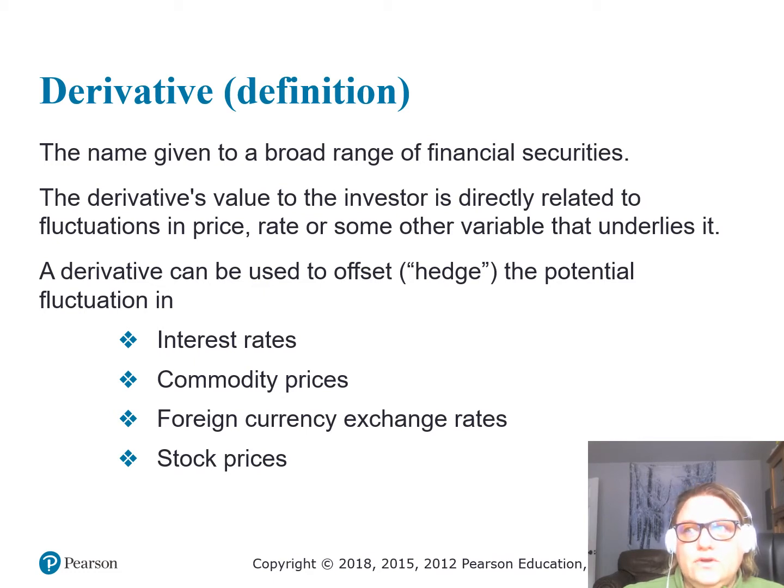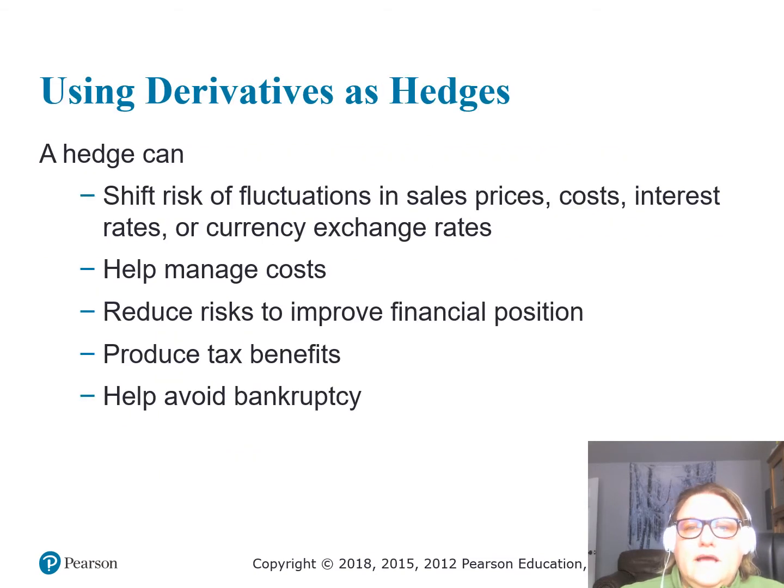You could short, or you can go against stock prices. So for example, if you think the stock's going to go down, you can buy a derivative against it. And that's where we start getting into the term exotic. So the idea is that as the sales prices and costs and interest rates move around, you get the opportunity to insure yourself from that loss. So, for example, if the stock is going to tank, and you think it's going to go down, you can